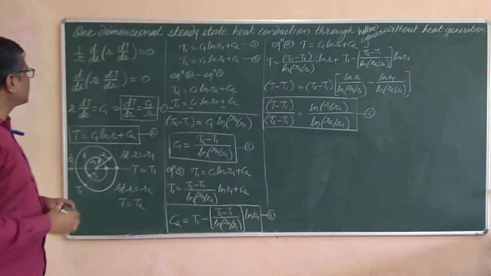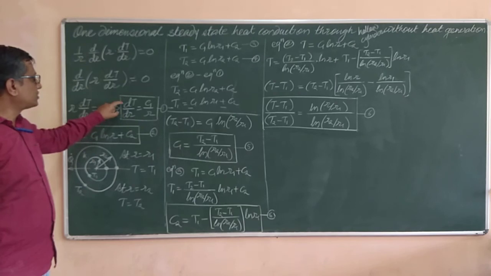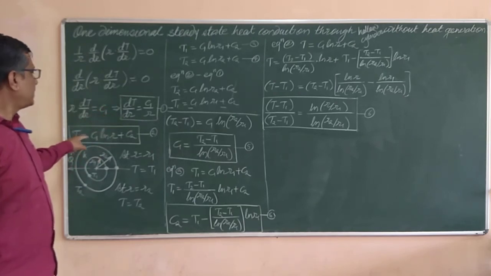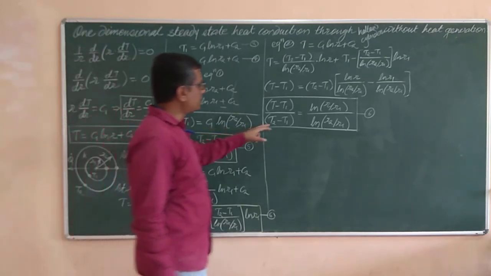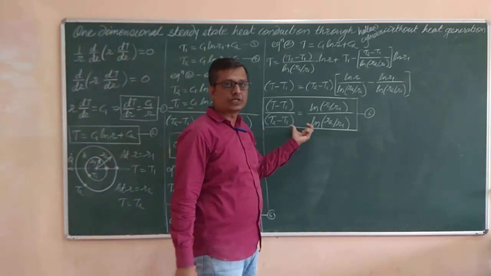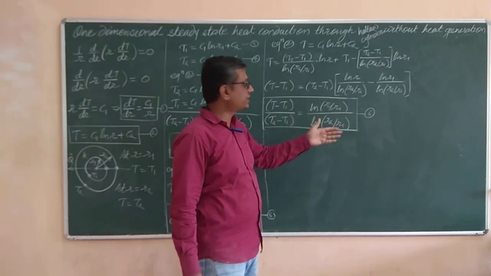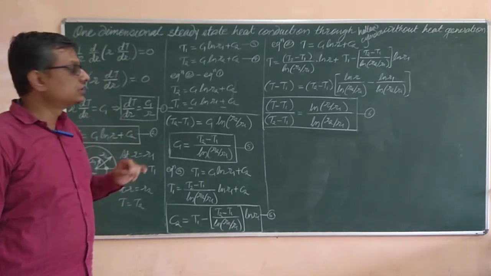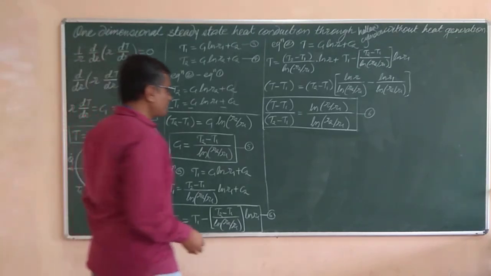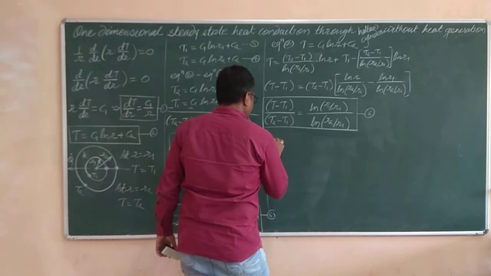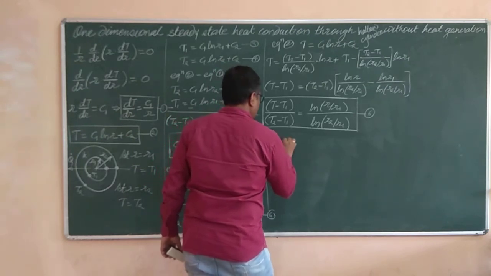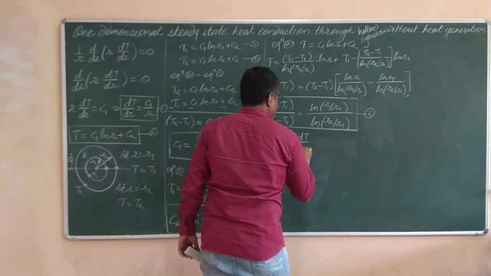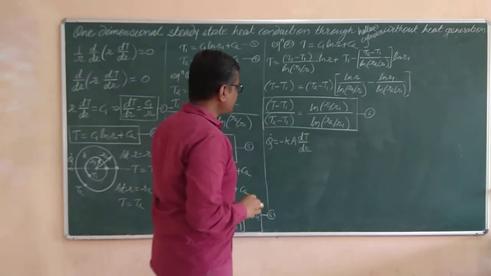So what we got over here is the slope of the temperature curve, then the equation for the temperature profile, and the detailed equation for the temperature profile. You can say it is the temperature distribution. This equation will give you the temperature distribution along the radial direction. Now let us apply Fourier's law to the heat transfer through a cylinder. What is Fourier's law? Fourier's law says that Q dot equals minus K A into dT by dr. So I will simplify this to another form.